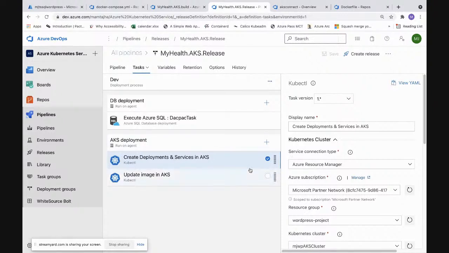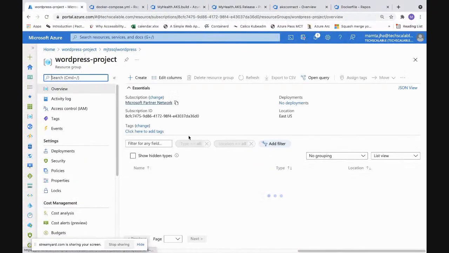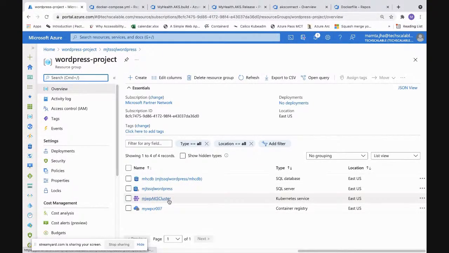So it is not going to create a Kubernetes cluster. We can create a Kubernetes cluster if we club that with a, say, Terraform script I'm running or an Ansible playbook I'm running as part of this task, then I can even automate the AKS cluster creation. That I'm not covering today. We can go ahead and deploy that in an existing cluster. You can see here, I've picked up my subscription name, the resource group, and the Kubernetes cluster. So this cluster is already existing in my resource group, which I have created.